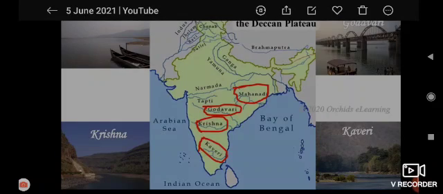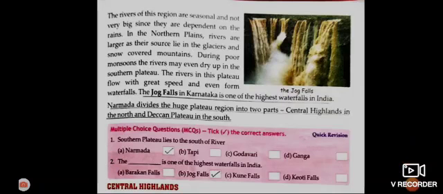These rivers are Mahanadi, Godavari, Krishna and Kaveri. Students, the rivers of this region are seasonal. They are not very big and they are dependent upon the rainfall. If there is less rain, then the rivers will become dry, and if they get a good amount of rain, then the rivers will flow very smoothly.